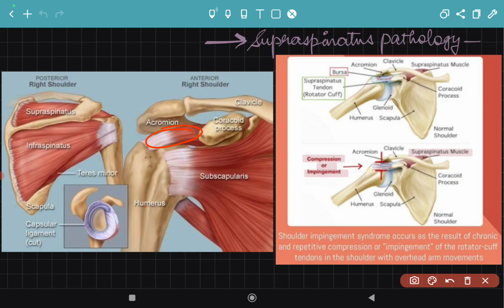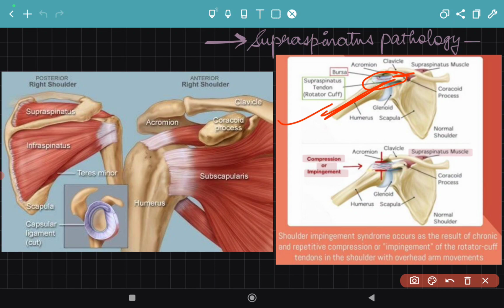then the deltoid will act during shoulder abduction and it might cause this humeral head to translate upwards this way and get trapped in this space, giving rise to symptoms of pain and weakness of this region of the shoulder joint, or the involvement of supraspinatus tendon or muscle in this space. So here we can see this is the normal joint where the shoulder abduction is performed and there is enough space beneath the acromion process so that supraspinatus is working properly,